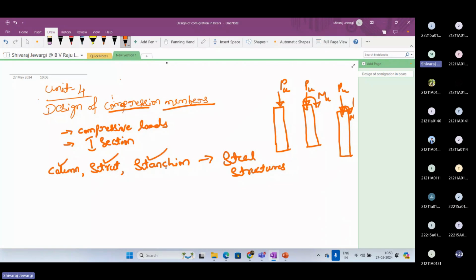And again, in RCS also we have discussed the types of compression member: short and long. Do you remember this in RCS? Here also, long columns, short columns. Here also, the members which are subjected to, yes. How can you classify